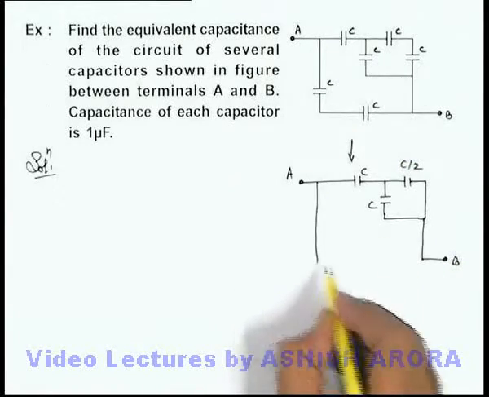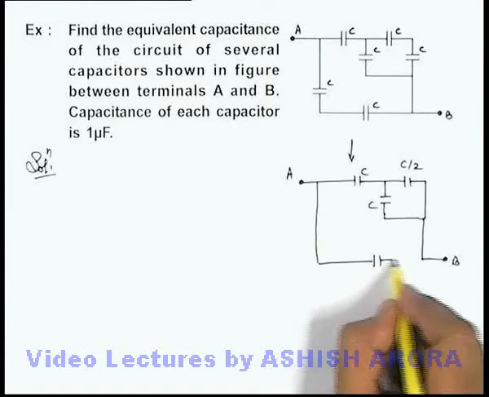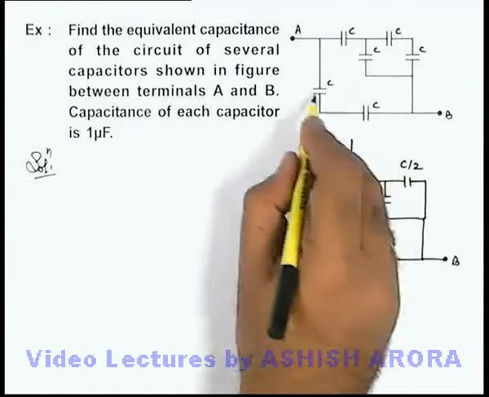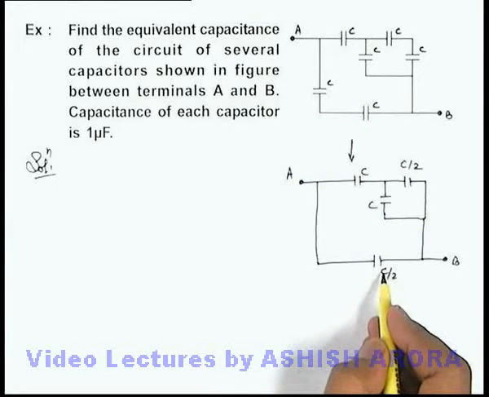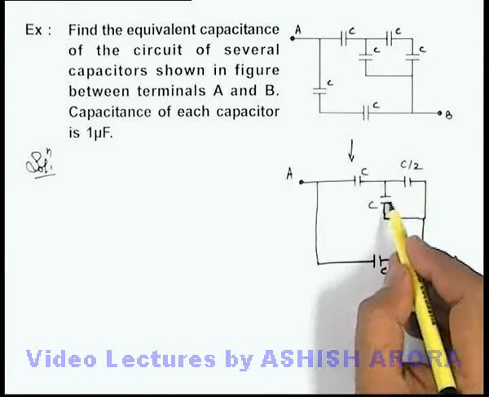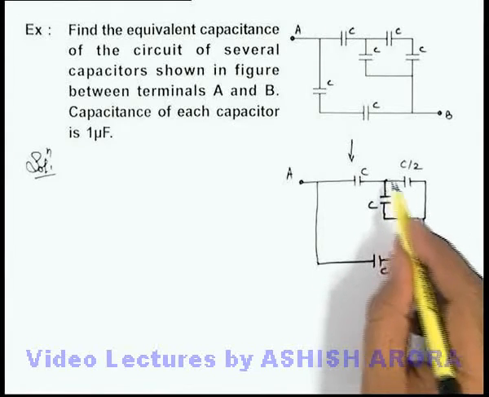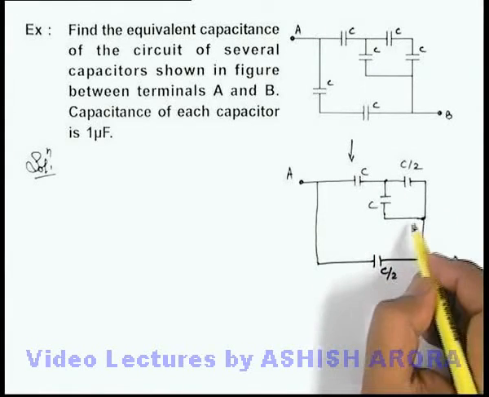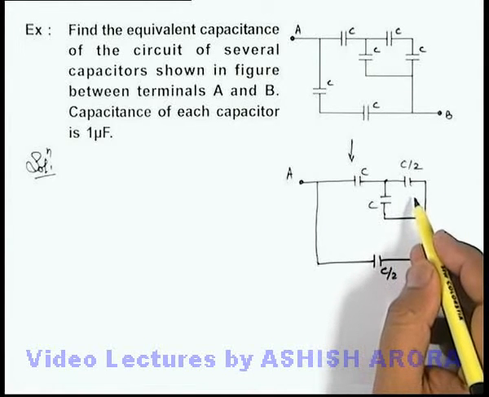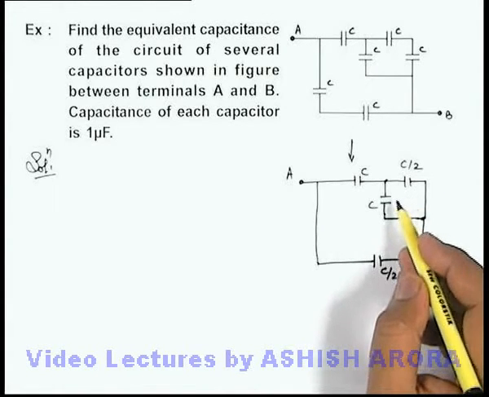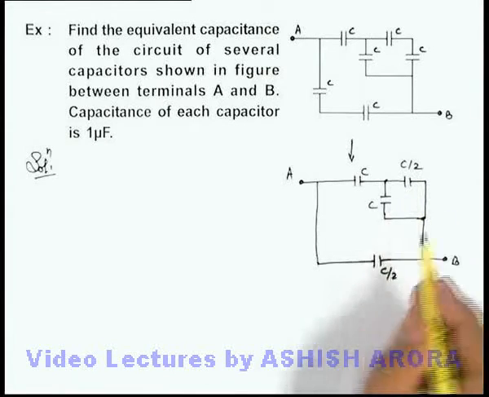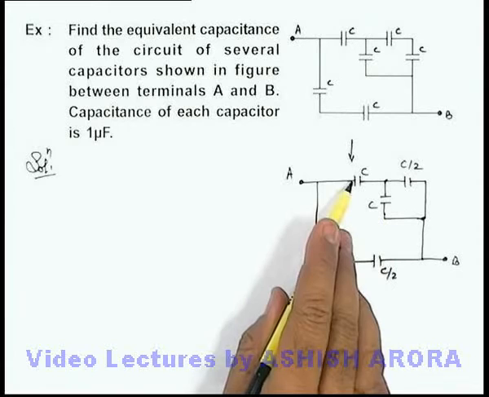and between terminals A and B in this branch we can also connect another capacitance which is C by 2, that is the equivalent capacitance of these two capacitors in series. Now in this system we can see that the C and C by 2 are connected in parallel because both the terminals of both the capacitors are connected to each other. And in parallel combination we know that capacitances are added up. So this will become an equivalent capacitance 3C by 2, which in turn can be taken in series combination with